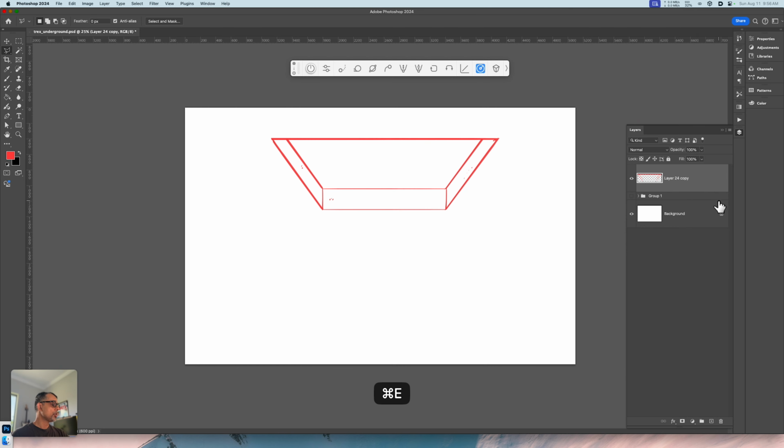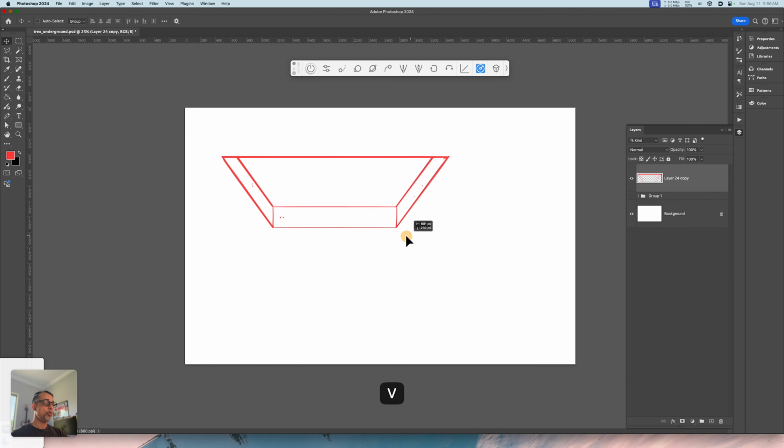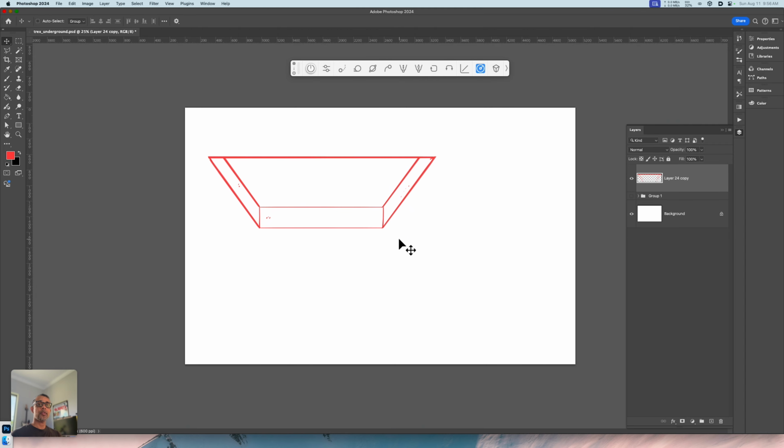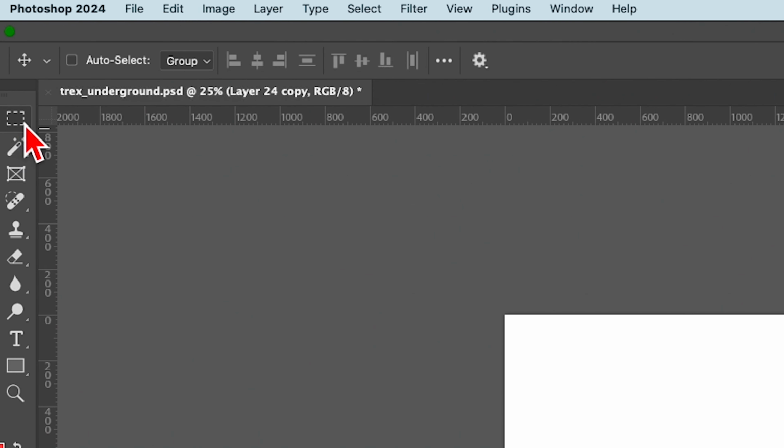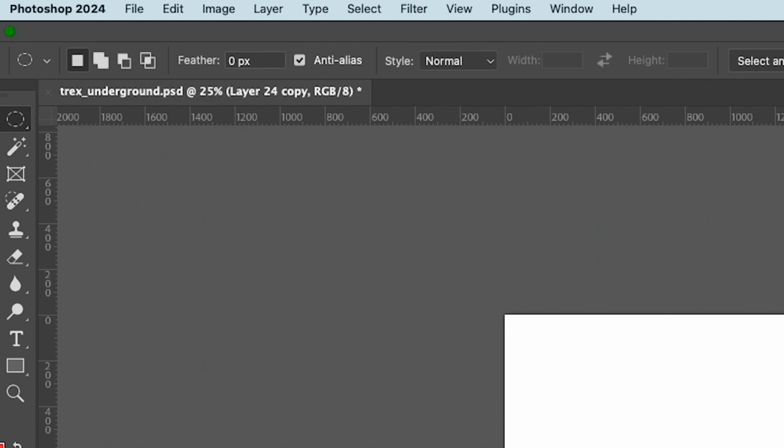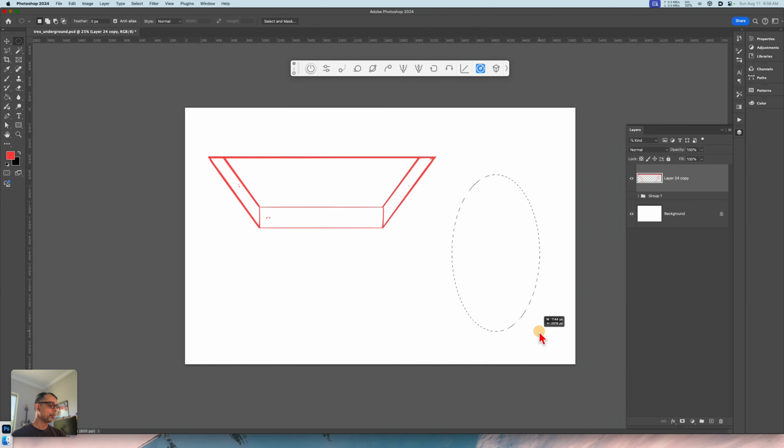So let me just merge those two layers and move it off to the side. Now, what if you want to have a circular opening? Well, that's also pretty easy to do. We'll choose the elliptical marquee tool,